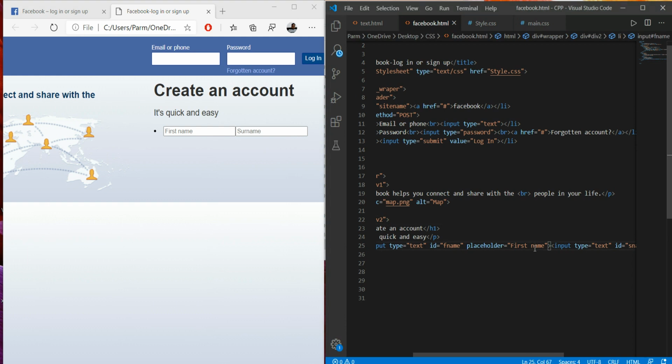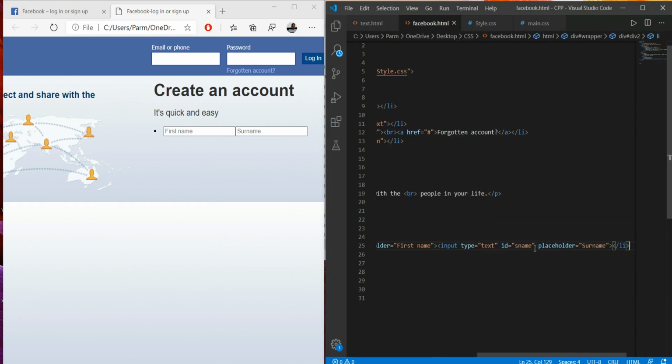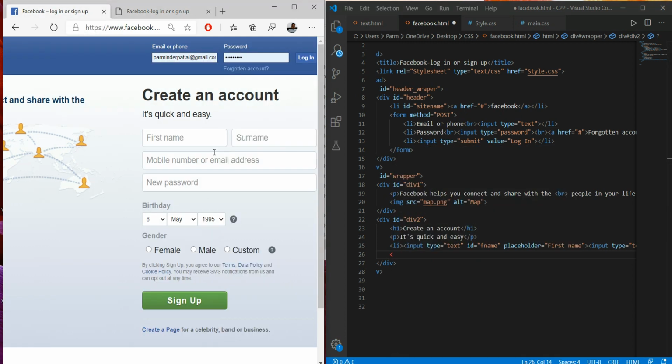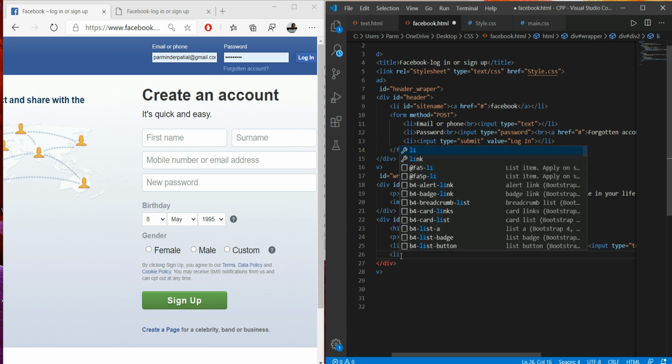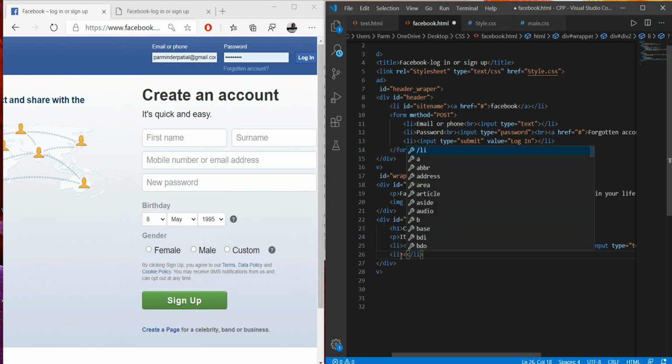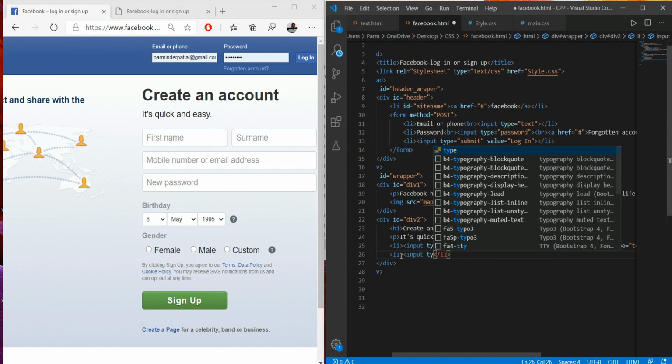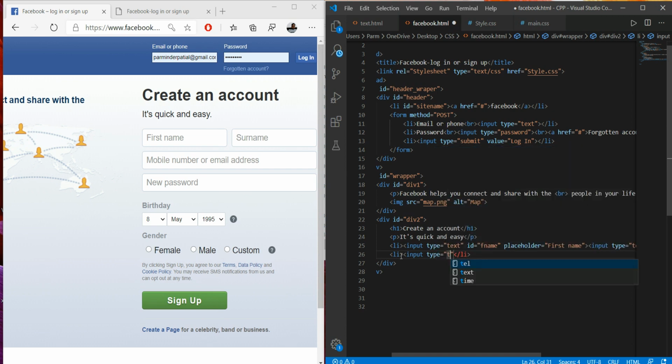Now go to inserting the mobile number in this. So here we just go with list, again input, then type. Here we need to have type text because mobile number as well as email is required, so not only the email, so text.